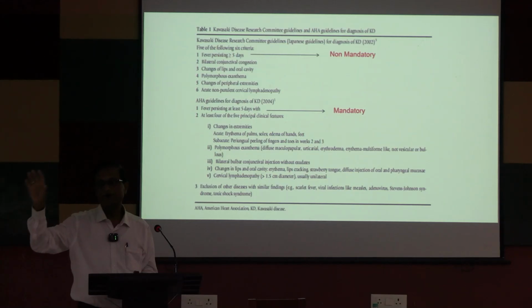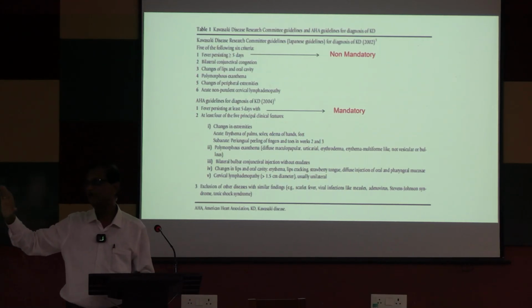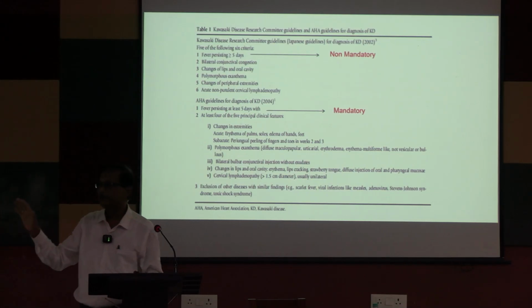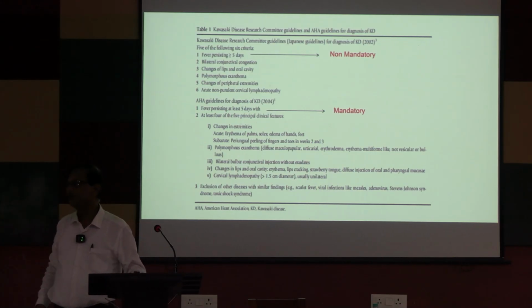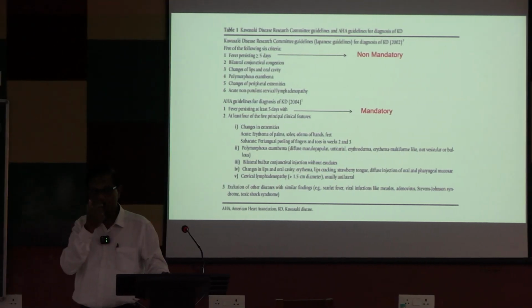Greater than 4 days or more of fever, but if it is less than that, fever with other characteristic clinical features, you can diagnose. What are the clinical features? Mostly seen in the skin. You will find it bilateral, it is not unilateral. Unilateral means it is not KD. Bilateral non-purulent conjunctivitis, cracked lips, swollen lips, strawberry tongue,